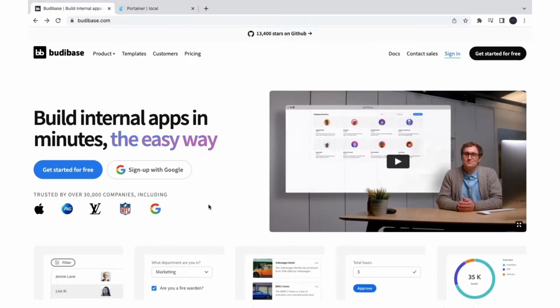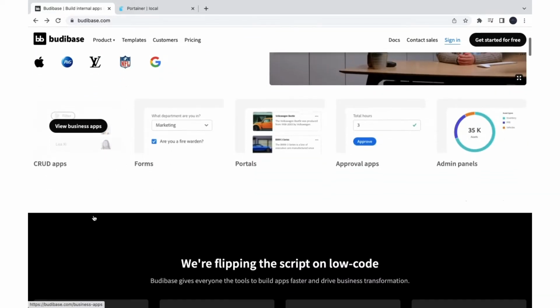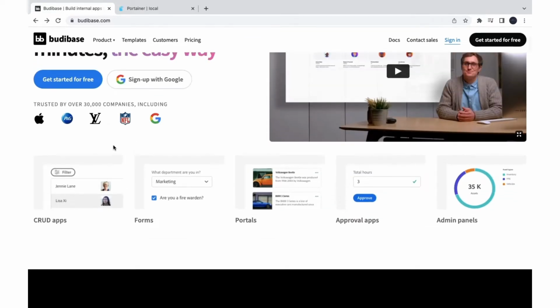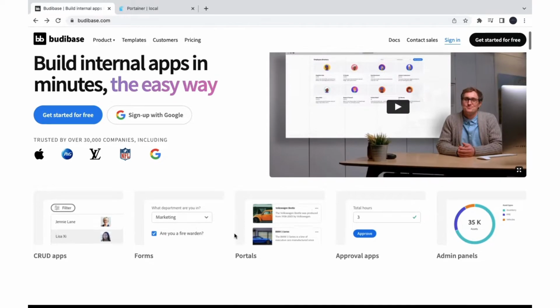Imagine you want to build business applications without writing any code. For those things we have low code platform tools. Today we will be exploring one of the top tools, Budibase. So what is Budibase? It's a low code platform tool where you can build any kind of business applications,